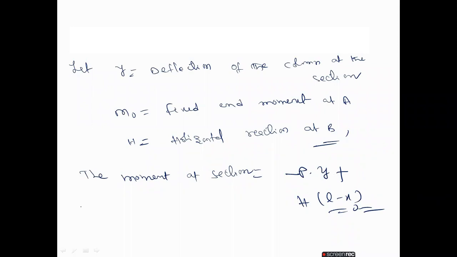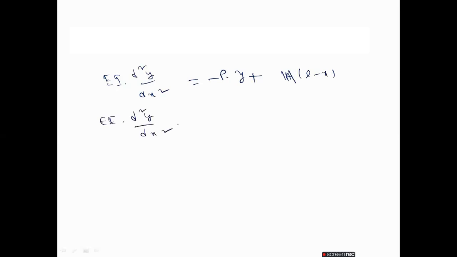But the moment at the section, we also know, is EI into d square y by dx square. Now we will equate both moments, we will get one equation. So I will write here EI into d square y by dx square equal to minus P into y plus H into L minus x. Then what happens if you send this one to the left hand side, EI into d square y by dx square,